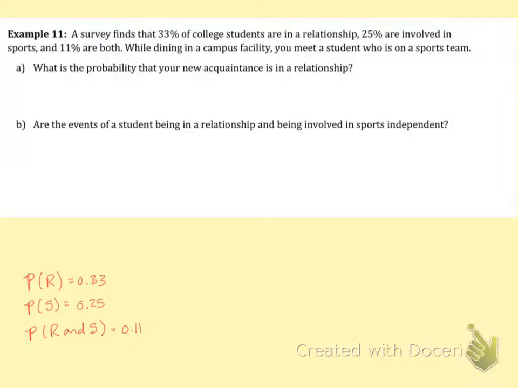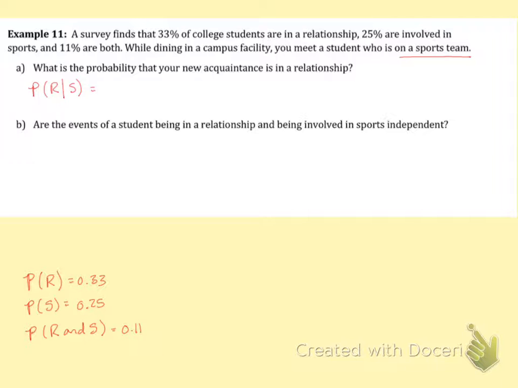So this first question, what is the probability that your new acquaintance is in a relationship? Notice that when you met the student, you already knew that they were on a sports team. So this question is asking you to find the probability that a student is in a relationship given that you know they are already on a sports team. Now, unlike example 10 where I had a discrete count for everything, I don't have that here. I have a percent. So we're going to use the formula,